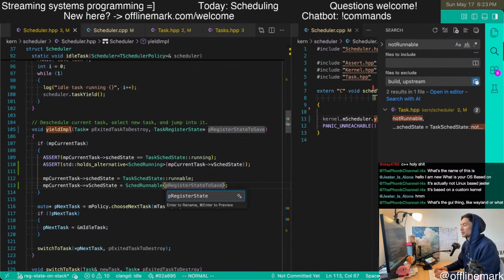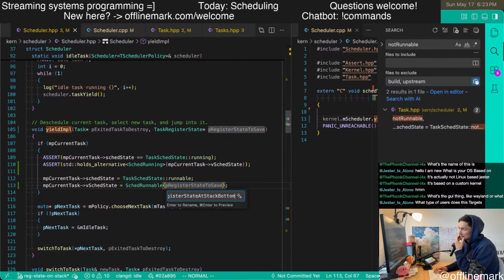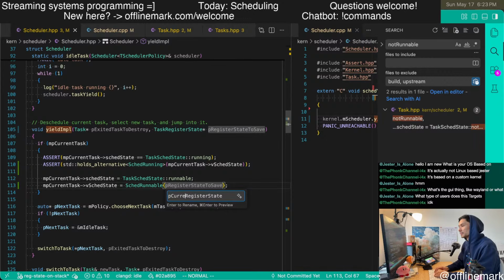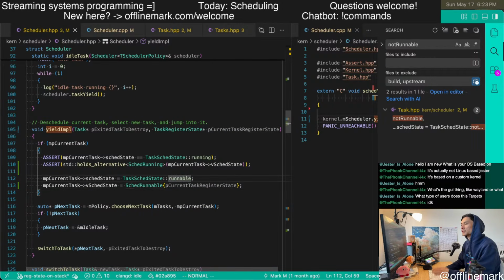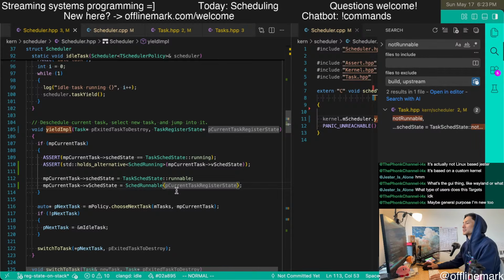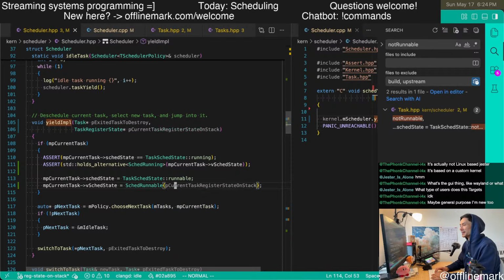Register state, add stack, bottom. The current task register state, to be clear. And then that helps this line read a little bit more nicely. MP current task register state. On stack, to be clear. I don't know. Very verbose.